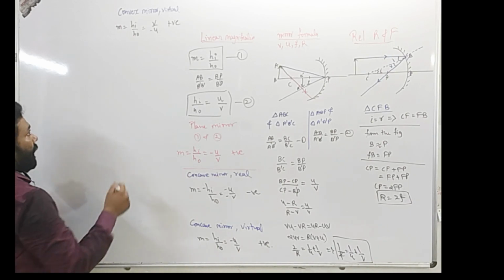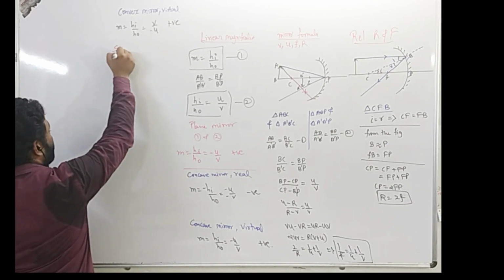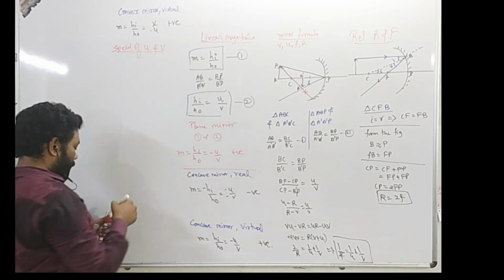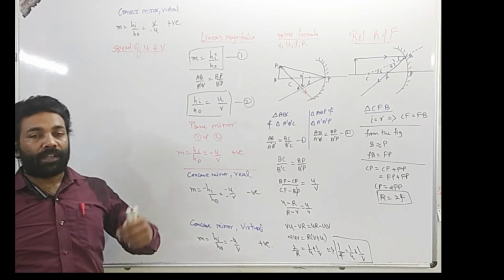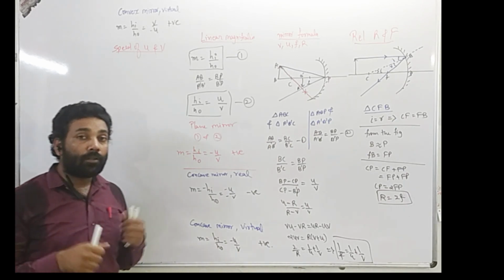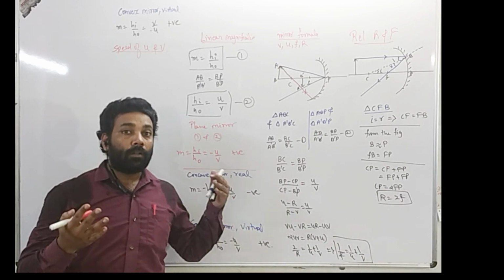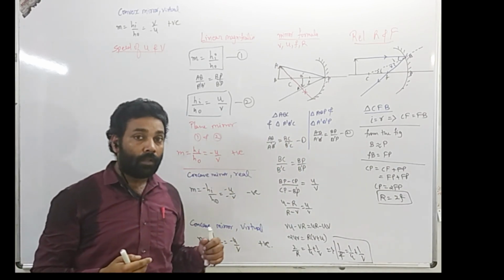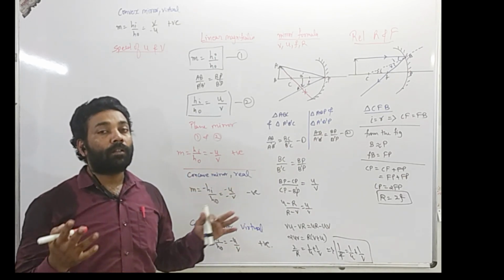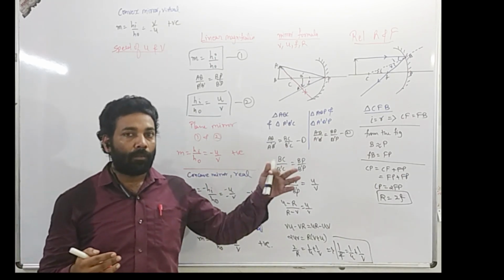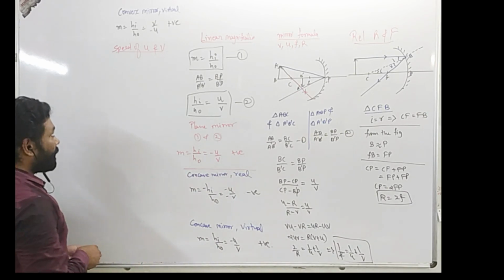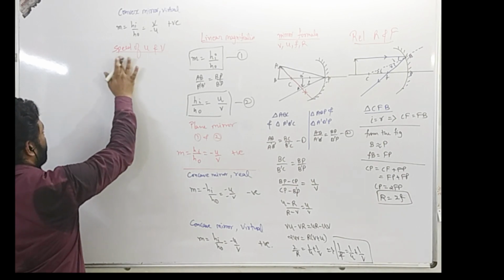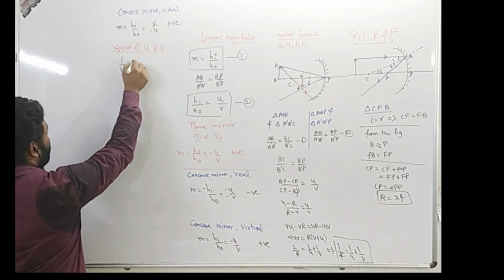And then next we have a relationship between the speed of object and image. This is also a useful concept applicable when the question is of the type that you are running towards the mirror, then with what speed your image is also running towards you. So such type of questions, when you are required to compare the speed of the object and image, this concept would be useful. So from the mirror formula, we have that 1 upon u plus 1 upon v is equal